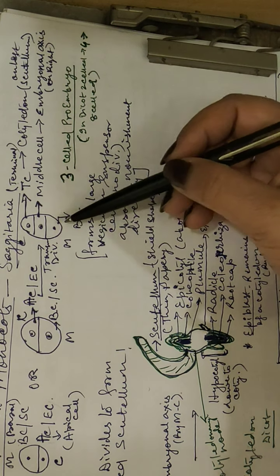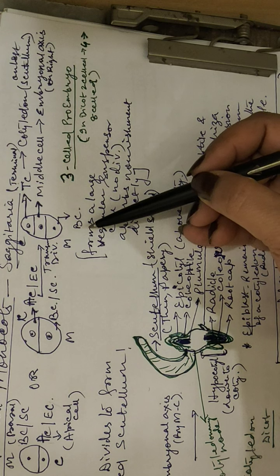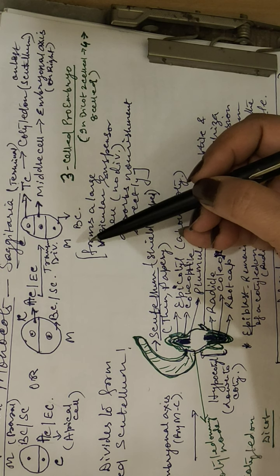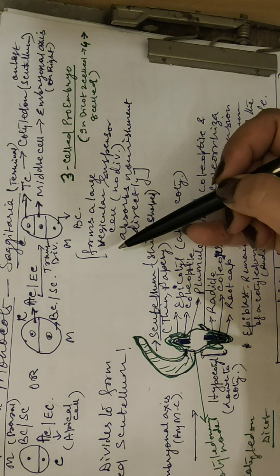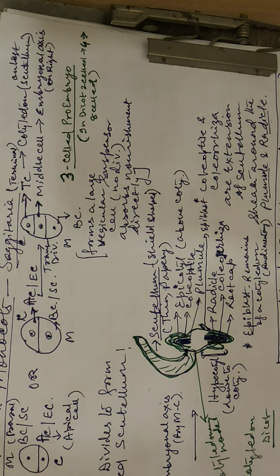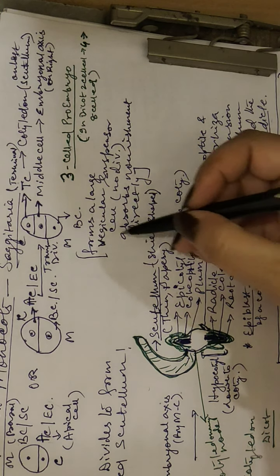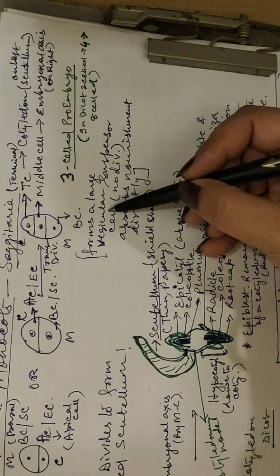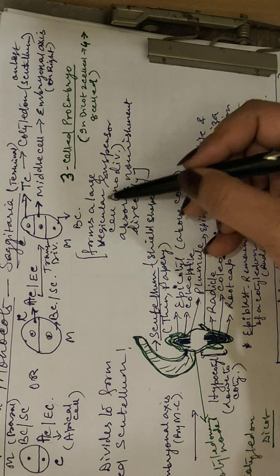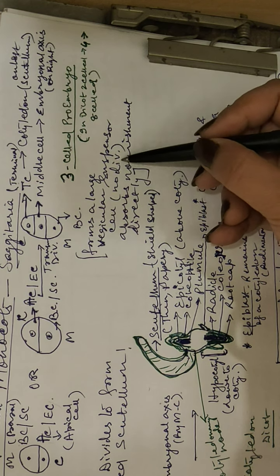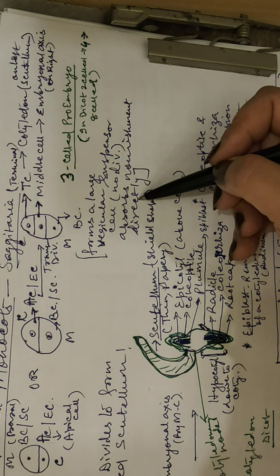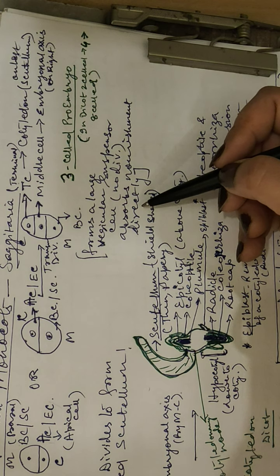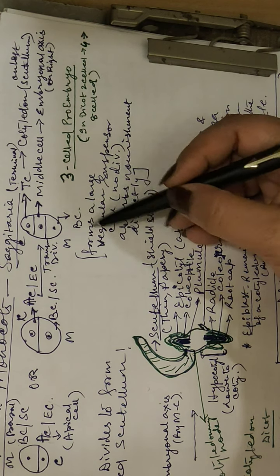axis. Basal cell. Now this suspensor of the basal cell, in case of dicot embryogeny, if you remember, there were several transverse divisions and it would form a long suspensor, a 6 to 10 cell suspensor. But in case of monocots, there is no such division and the basal cell forms one single vesicular suspensor. No divisions. It just simply absorbs the nourishment directly. So that means the suspensor is not long and is unable to push the embryo in monocots, unlike dicots. So this is a very big difference which you see here.